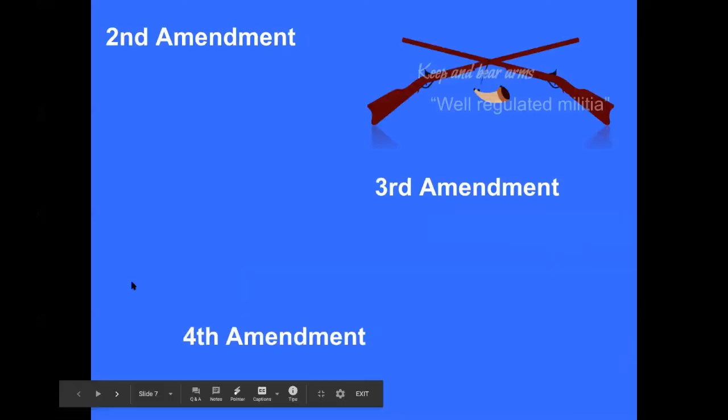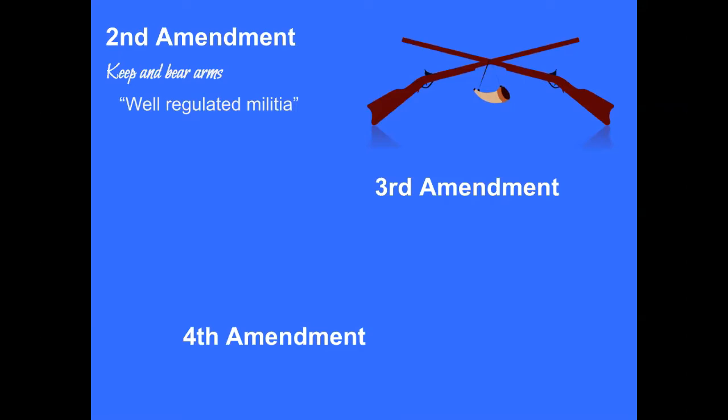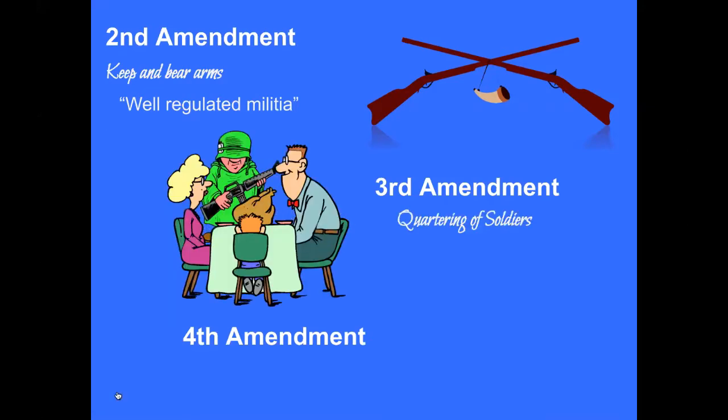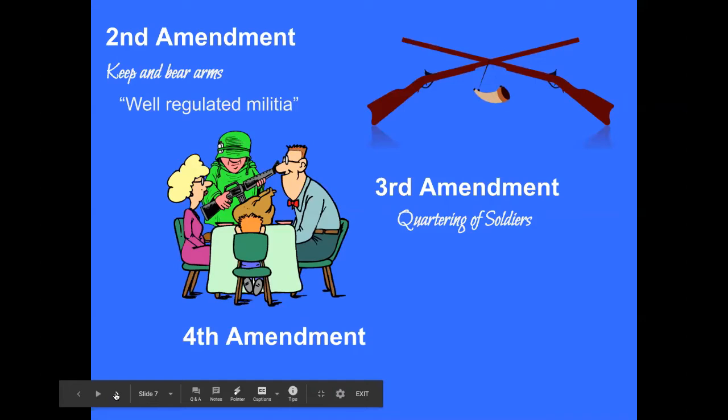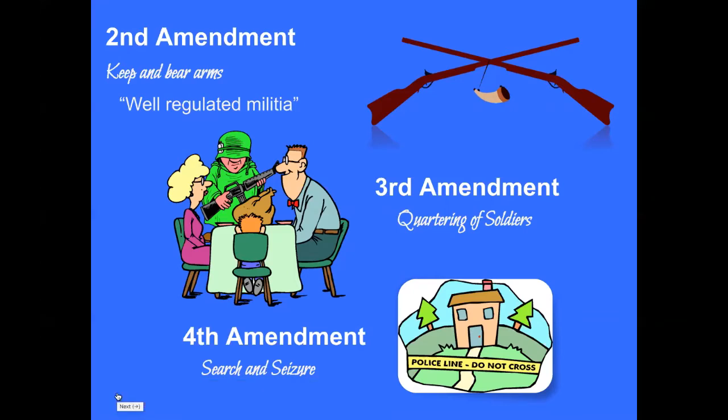Then we have the Second Amendment, which includes phrases like the right to keep and bear arms, related to a well-regulated militia. And the Third Amendment, which protects citizens from soldiers being quartered in their homes. The Fourth Amendment, which protects against unlawful search and seizure by the government. This usually has to do with some police power being limited, so there can't be unreasonable searches and seizures of